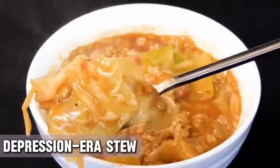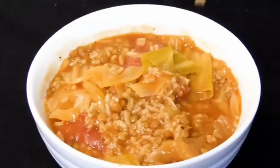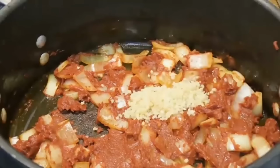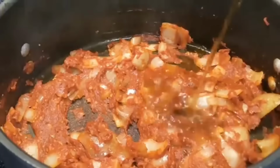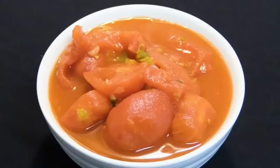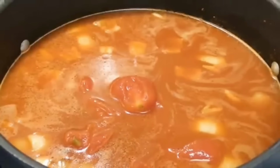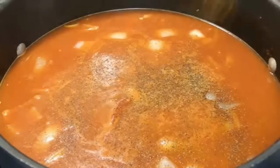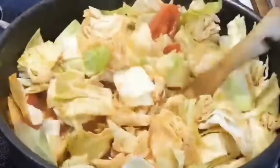Let's kick things off with a classic Depression-era stew. Now, this wasn't your fancy beef stew. It was more like a throw-everything-in-the-pot kind of deal. We're talking potatoes, carrots, onions, and maybe some barley if you were lucky. And the meat? Well, if you had any, great. If not, no worries. It's also known as mulligan stew or hobo stew and was originally created by American hobos